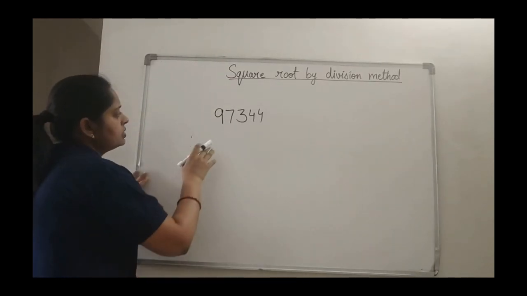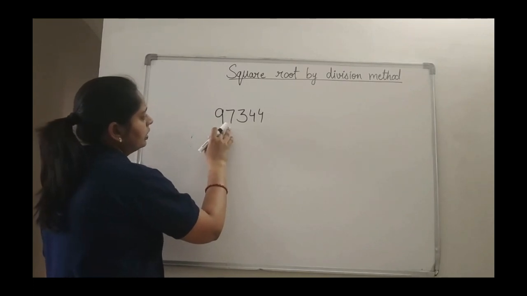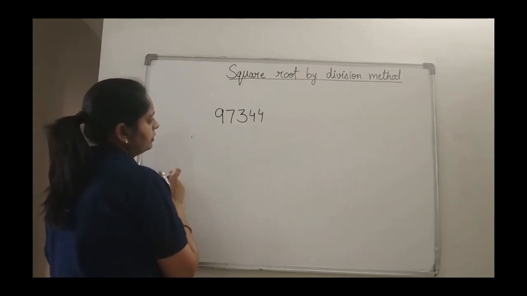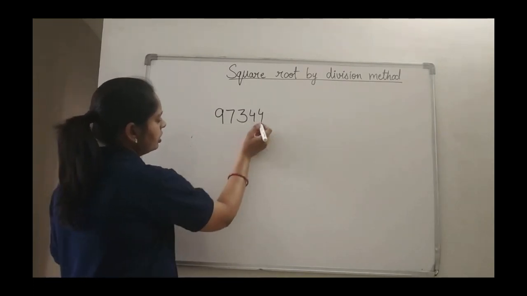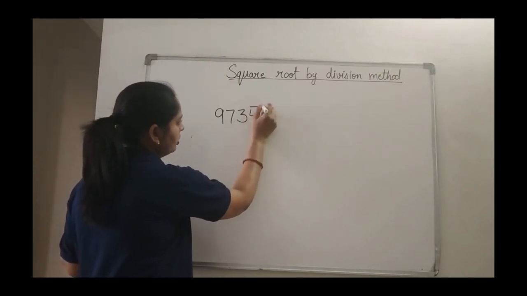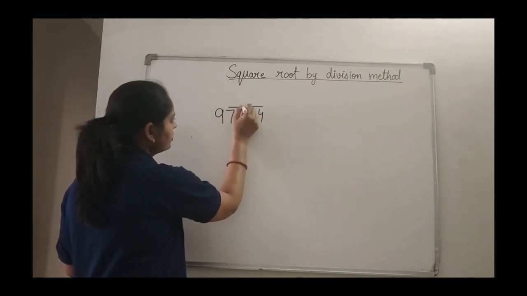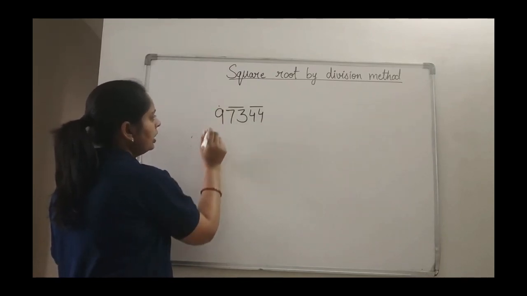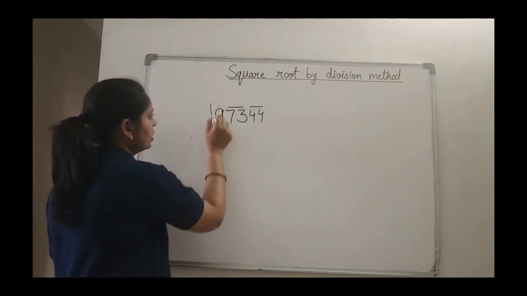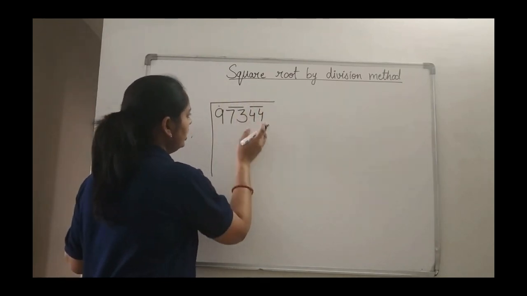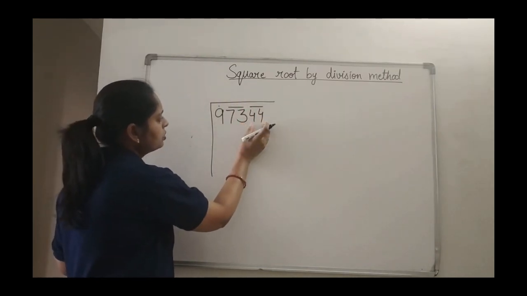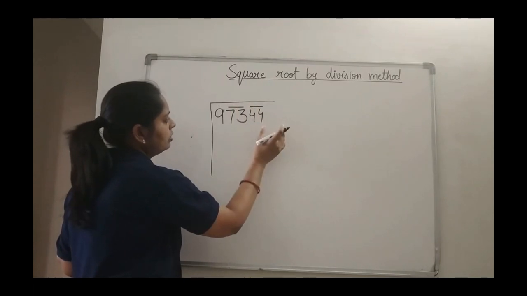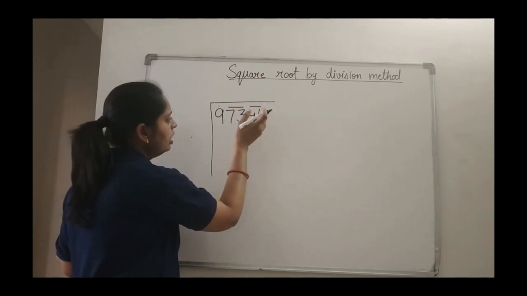Okay. Now see the next number. 97,344. So again we will start pairing from the right corner. Pair of 44. Pair of 73. But here only 9 is left. So keep on 9 alone because there is no number. So we cannot do. That's why it is compulsion that you have to do the entry from the right corner only. The pairing should be done from the right corner.